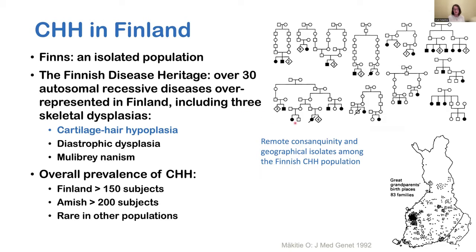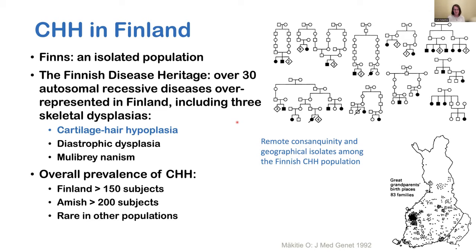Close consanguinity is not happening in our country, but remote consanguinity is, because of this small population. And so this has led to accumulation of over 30 autosomal recessive diseases in Finland,